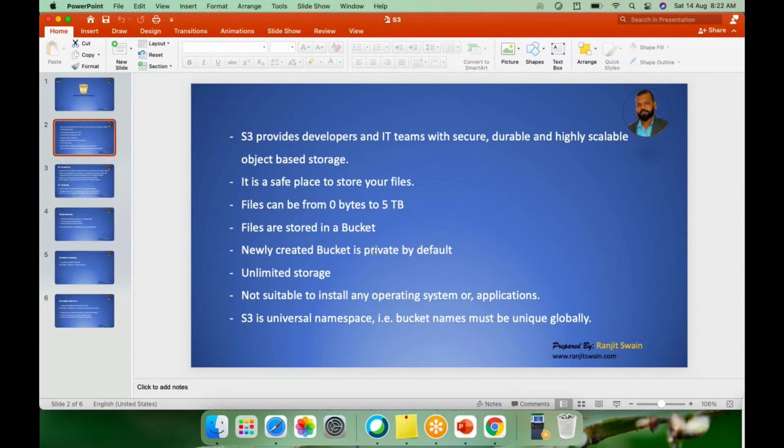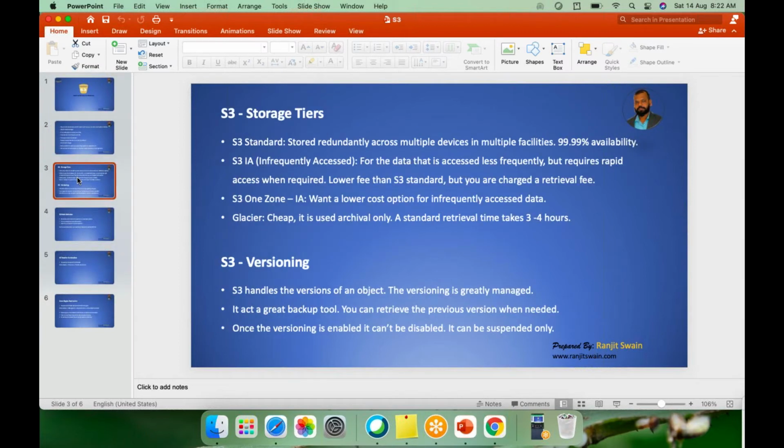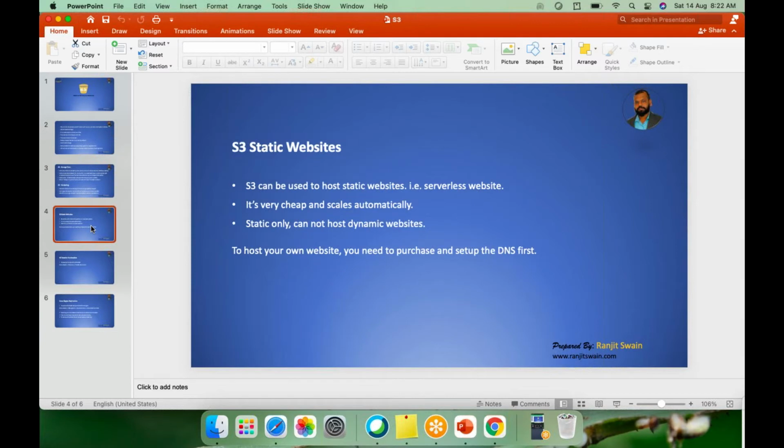Okay, now if you see some other topics we discussed in the last classes, that is S3 storage tiers, right? These are the storage tiers we discussed, and we discussed versioning, how versioning is handled by S3. Okay, then we saw static websites. S3 is a very good place to host your static website.